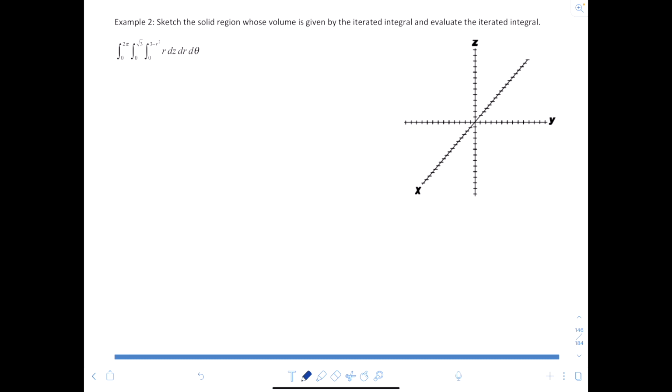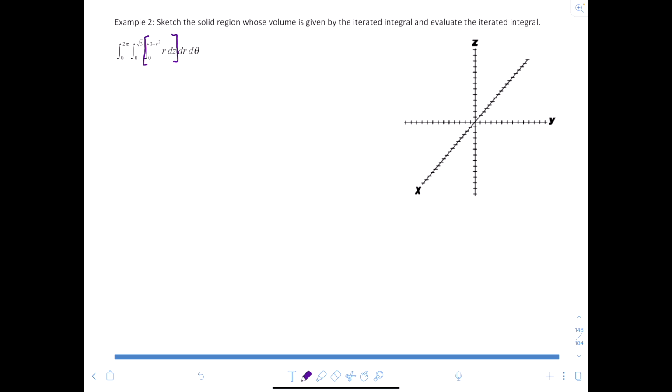When we're looking at the very first one, what we're looking at is this portion here. So for this portion of the iterated integral, we've got